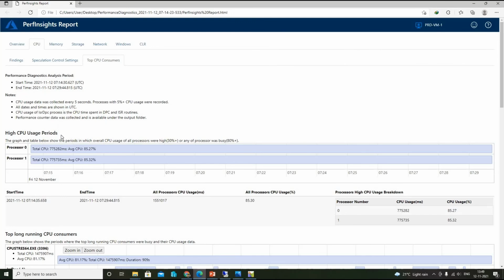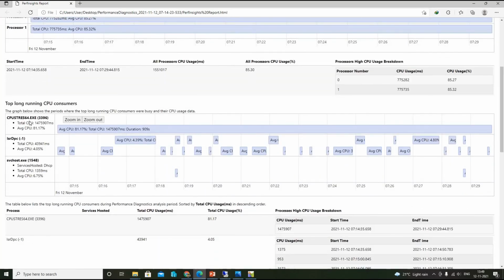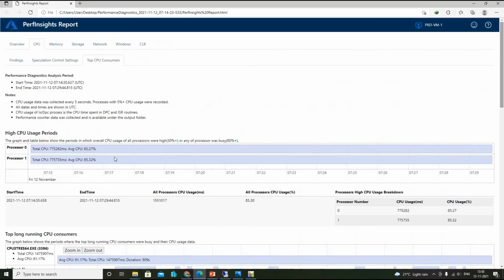Then you can see the high CPU usage periods. We have 2 core processors, so you can see processor 0 and processor 1, 2 vCPUs, and you can see the average CPU percentage differs across processors. Below you can see CPU stress 64.exe, and the other processes getting impacted because of this process, and because of that CPU usage is showing high.